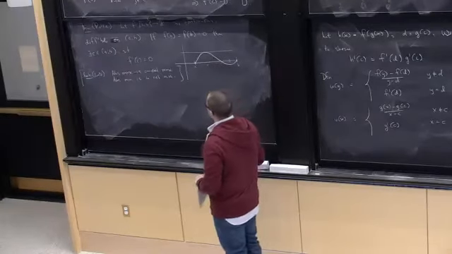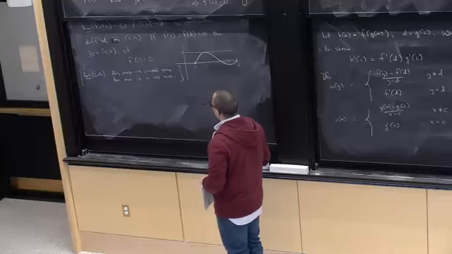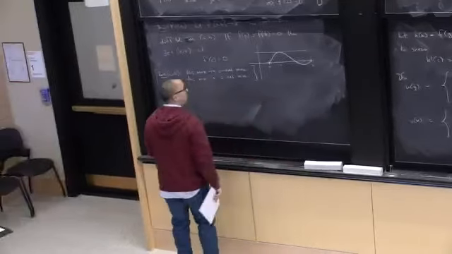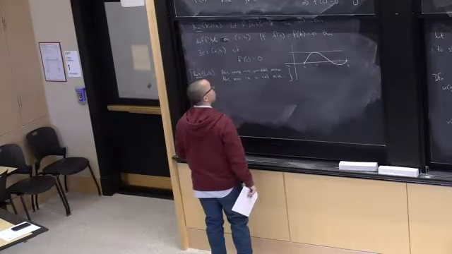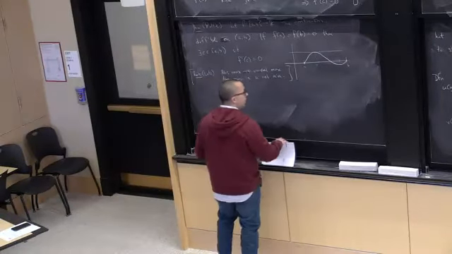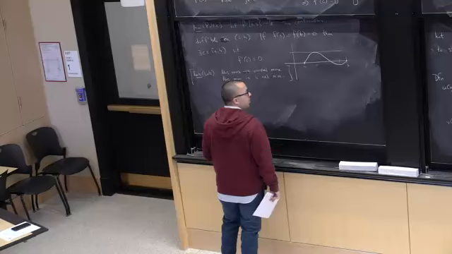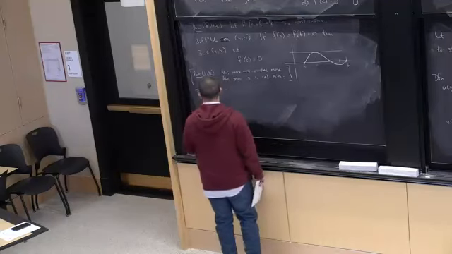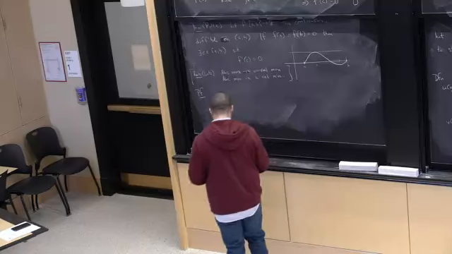Let's look at where the function takes a max and a min. And why does f take a max or a min? It's because f is continuous on this closed and bounded interval. This is something we proved when we were discussing continuity, the min-max theorem. So let's give the proof.